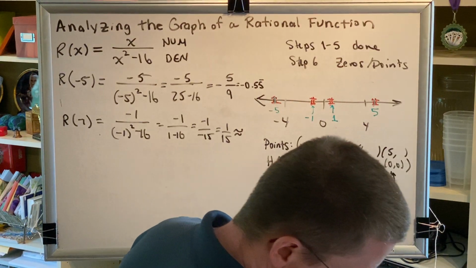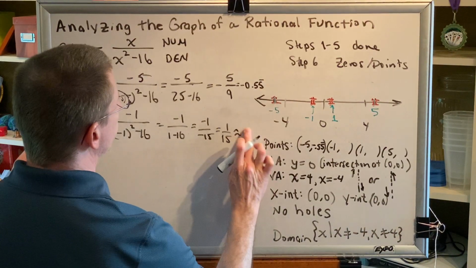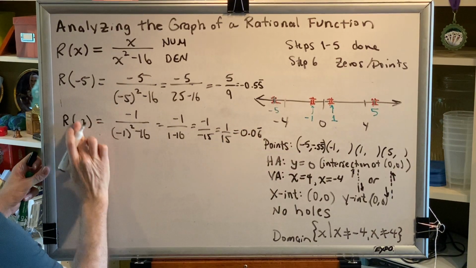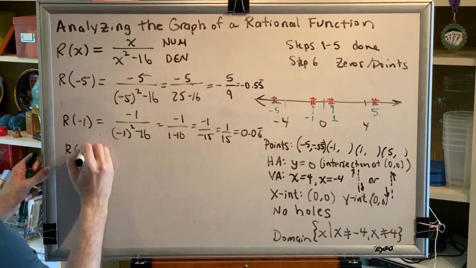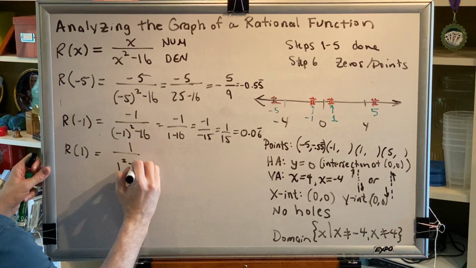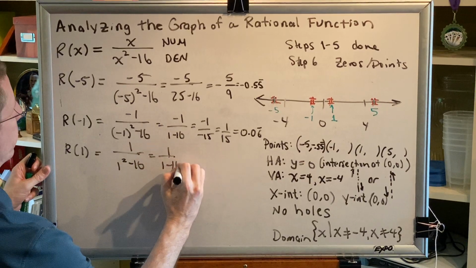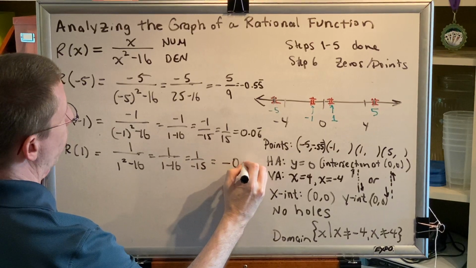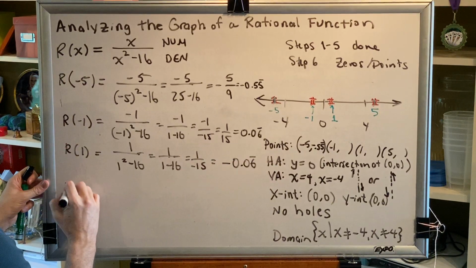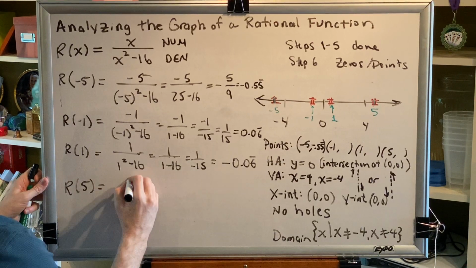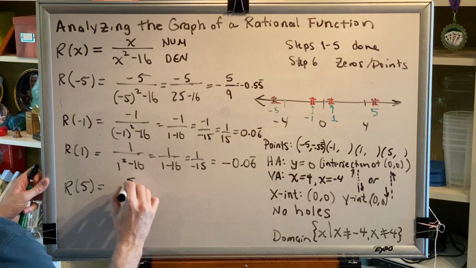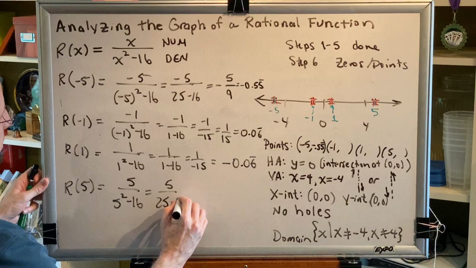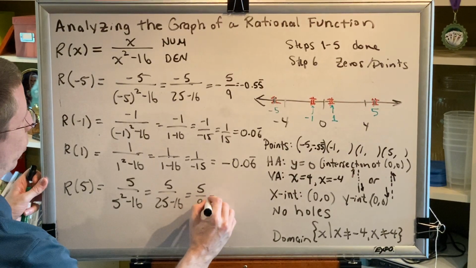1 divided by 15 is 0.06 repeating. So r of -1 equals 0.06 bar. Okay, that was r of -1. Next one would be r of +1. So I get 1 over 1 squared minus 16, which is 1 over 1 minus 16, 1 over -15, which is negative 0.06 bar. And finally, r of 5 is equal to 5 over 5 squared minus 16, which is 5 over 25 minus 16, which is 5/9, which is positive